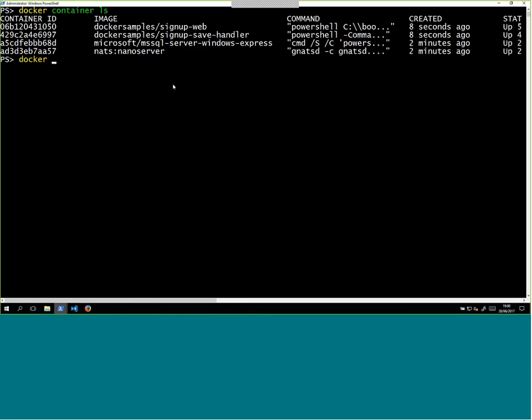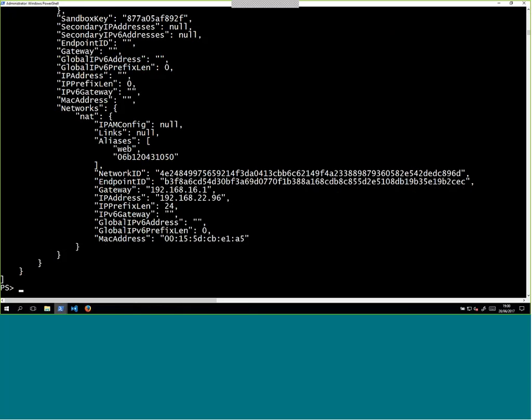So I've got a new web application container, so I need to find the IP address so I can connect to it. If I was coming from outside this machine, if this machine was a server running in Azure, then any external traffic would go straight into my web container. But when I'm running on the machine, I need to get the IP address to direct the traffic in. So docker container inspect 06B. And the IP address for this one is